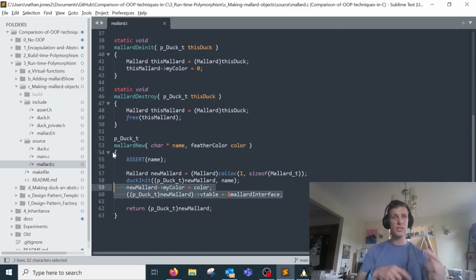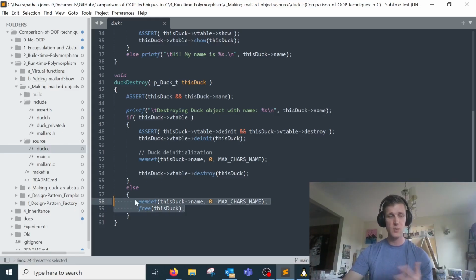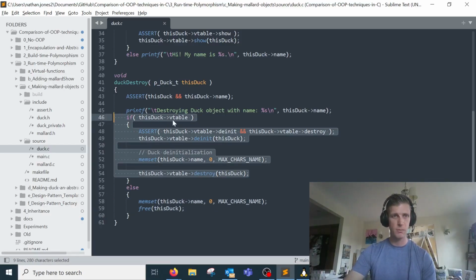And then when I destroy things, I have to do that in reverse order. So I'm going to go now to duck.c, and you'll see here that in my destroy function, I'm potentially destroying ducks and/or base classes and/or derived classes. If it's a base class, then I know what to do. I'm just going to clear out the name and release the memory back to the heap. But if it's a derived class, which I identify by whether there is a valid pointer to an interface struct, then I have to do this in a reverse fashion, meaning